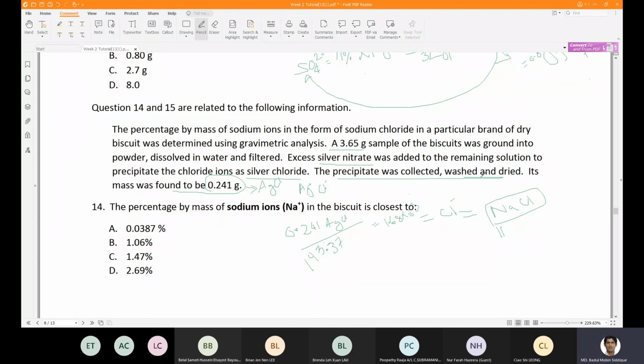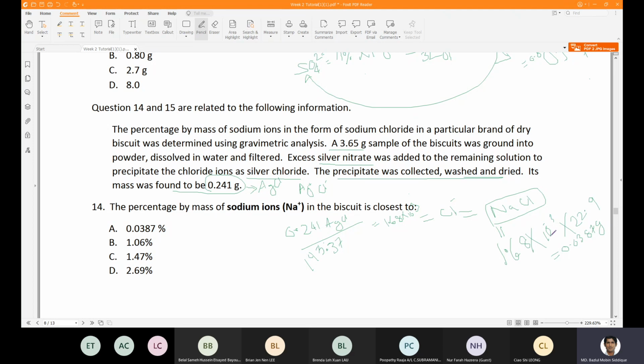How much of the sodium is there? 1.68 times 10 to the negative third times 22.9 or 23, you can say, gram per mole. It will be the mass of sodium, and that is equal to 0.0387